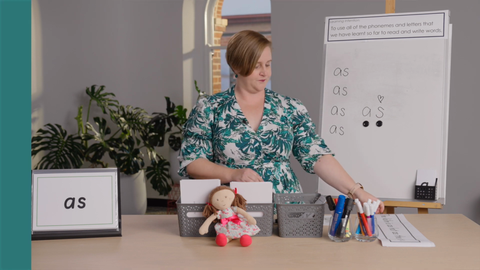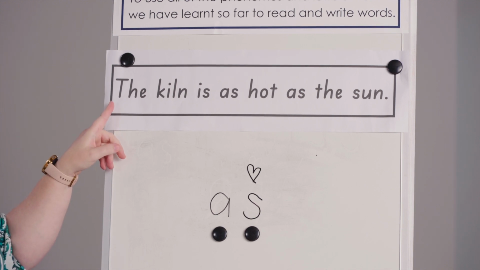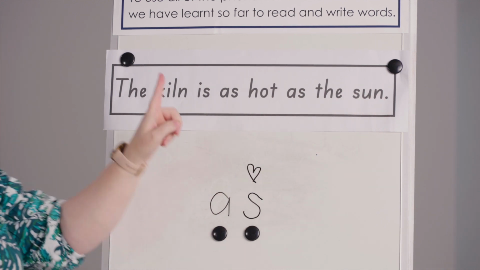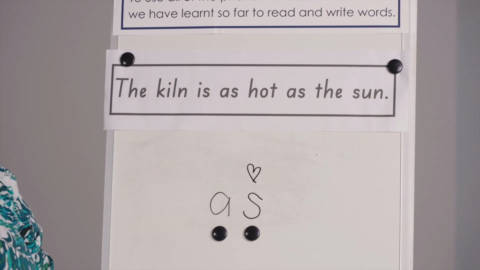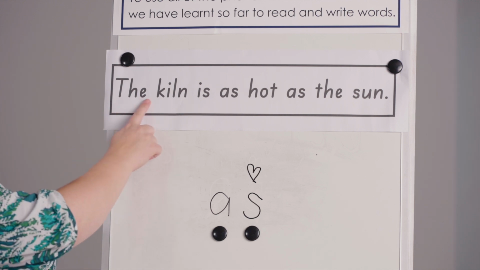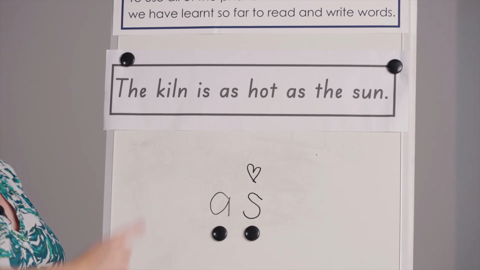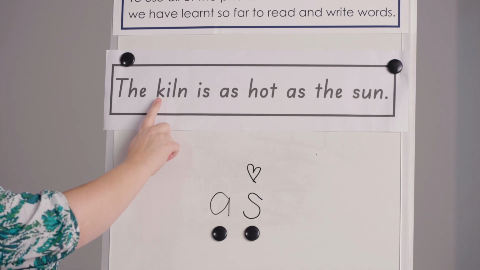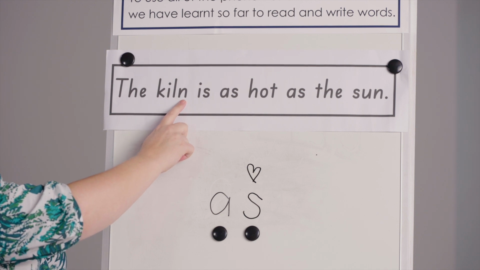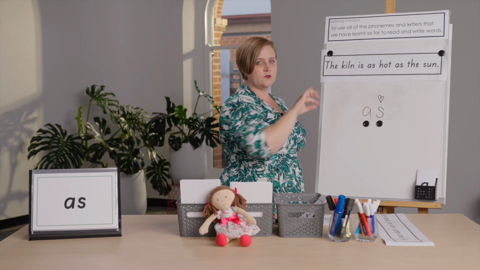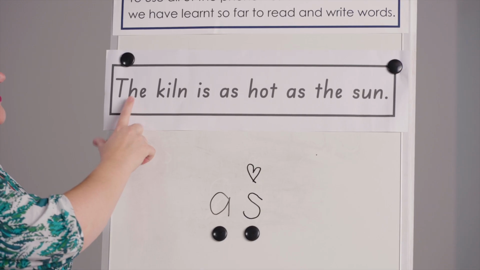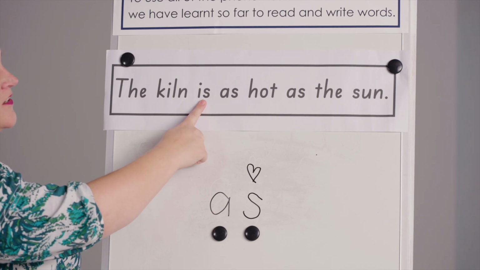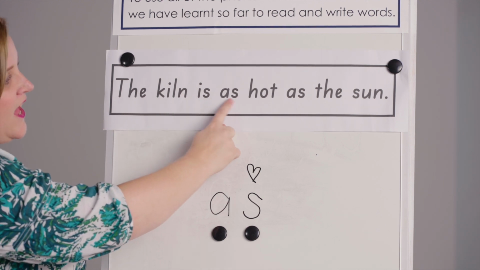Let's read it together. This is our new sentence. Remember, a sentence starts with a capital letter and ends with a full stop, and there is a space in between our words. Let's have a go. Our first word is one of our tricky words. We know this one, the. That's right. And we have read this word before too. Let's sound it out. K-I-L-N. Kiln. Remember, a kiln is an oven made of bricks. The kiln, this is a tricky word, is. That's right. The kiln is